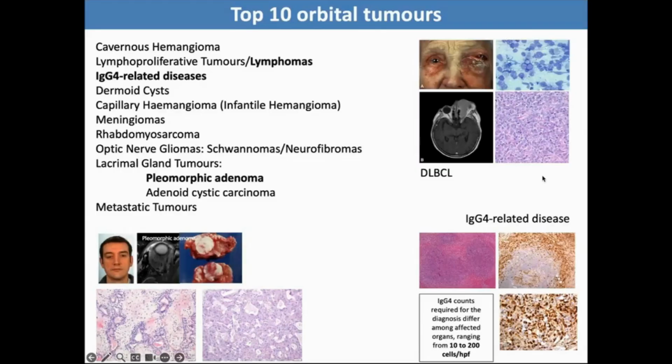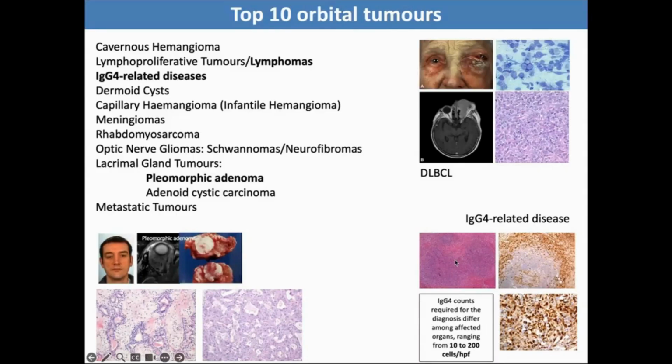However, the patient was treated with R-CHOP and with radiotherapy, and it led to complete resolution of the tumor, and the patient actually had a very good prognosis following this treatment. Mimicking lymphomas is IgG4 related disease, and this is something that the clinicians always want excluded. And so in the case of